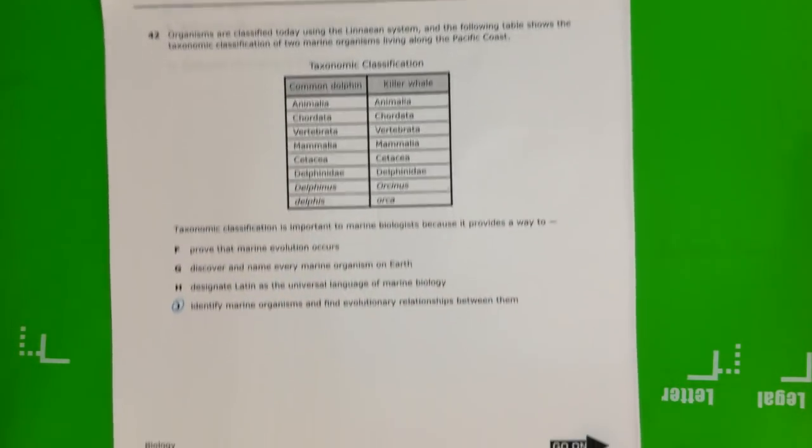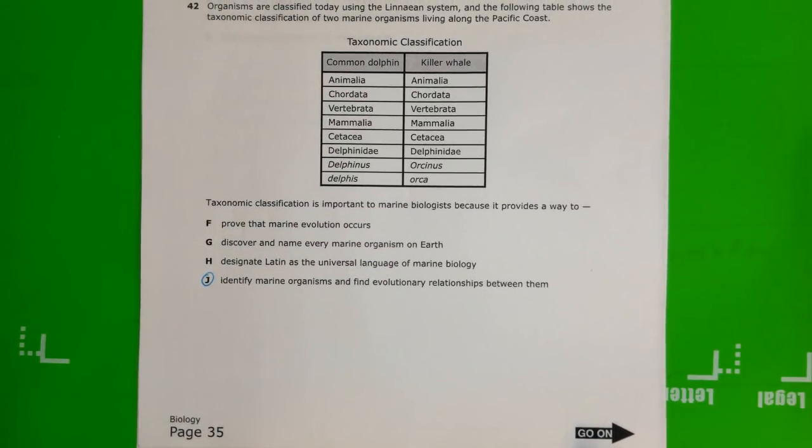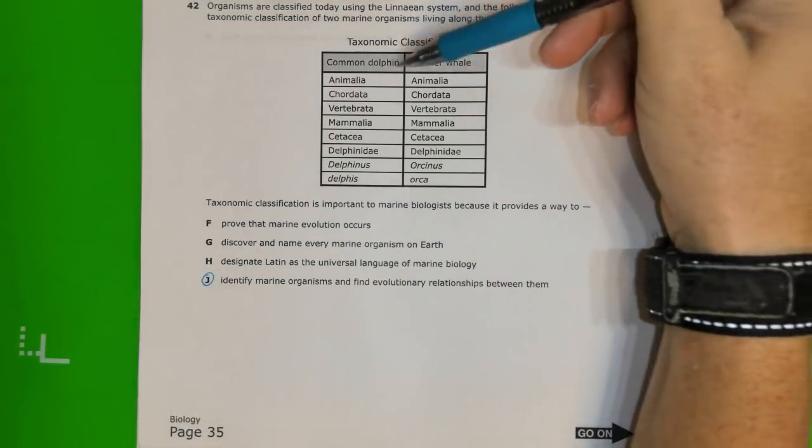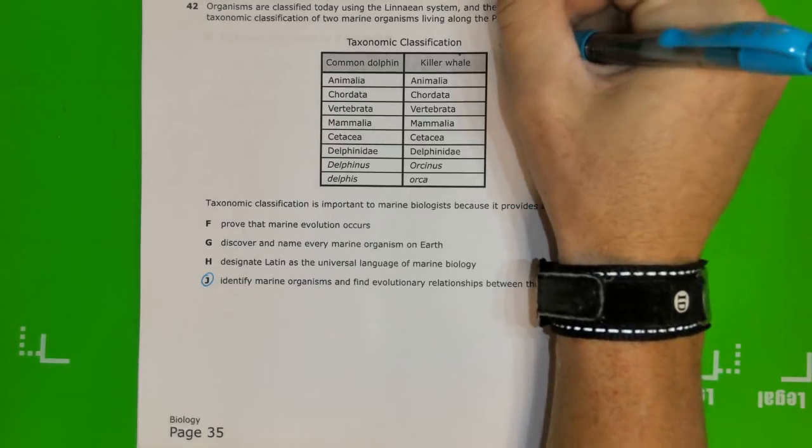42. Organisms are classified today by using the Linnaeus system, and the following table shows taxonomic classification of 2 marine organisms along the Pacific coast. Taxonomic classification is important to marine biologists because it provides a way to, okay, well, if we look at these, we're going to compare a dolphin and a whale. Well, we're looking at this, we know it is kingdom,